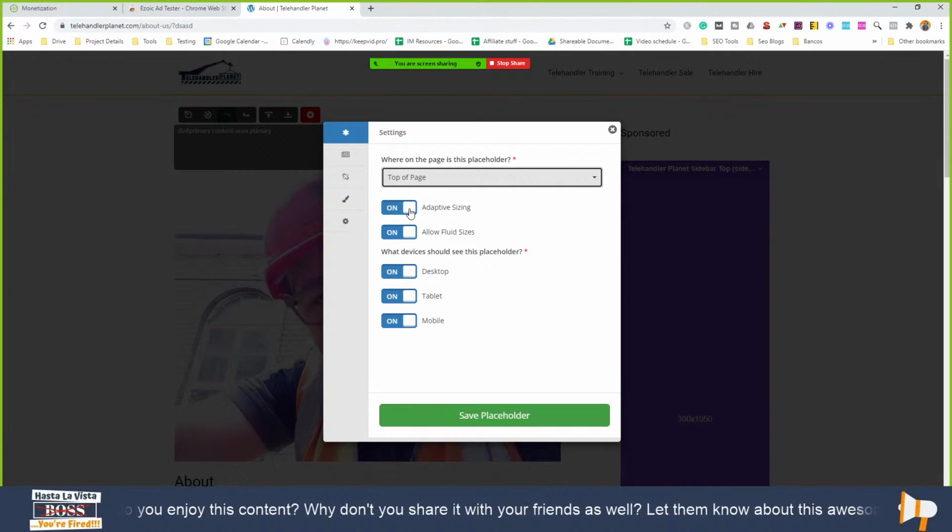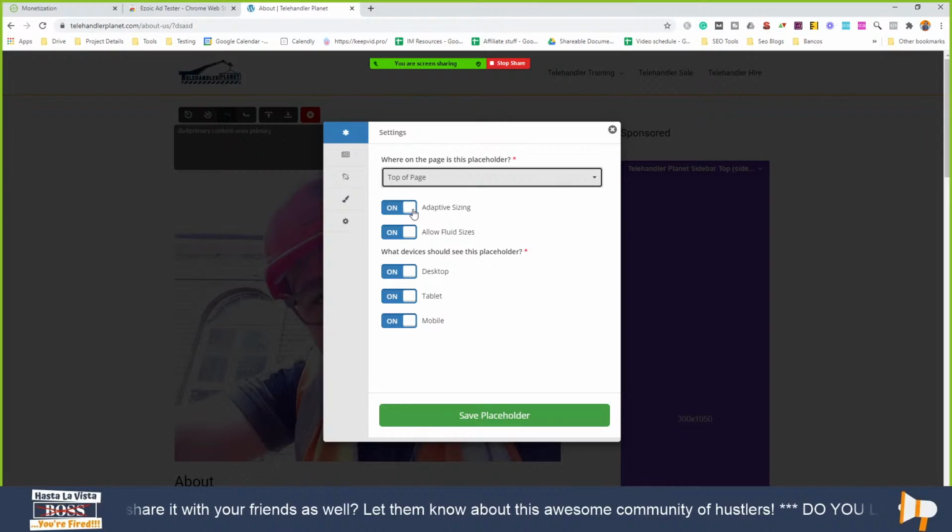So we have a feature called adaptive sizing, and what that pretty much is saying is that if, let's say, we have a 970 by 250 placeholder at the top of the page, and our system decides, okay, well, we can fit three 300 by 250 ads in this 900 by 250 placeholder, it allows our system to do that. So our system can see, okay, well, these 3 ads reduce the ad density because 300 by 250 ads are less pixels than a 970 by 250, but it also improves revenue and it doesn't impact user experience metrics. So that's our feature called adaptive sizing.